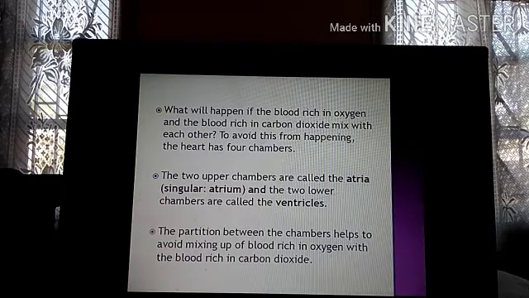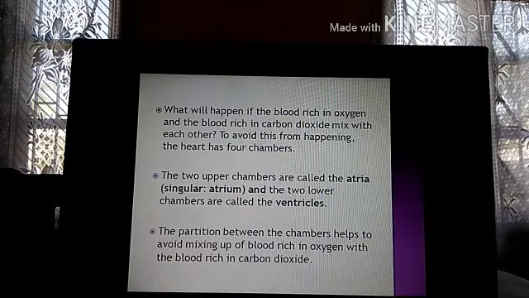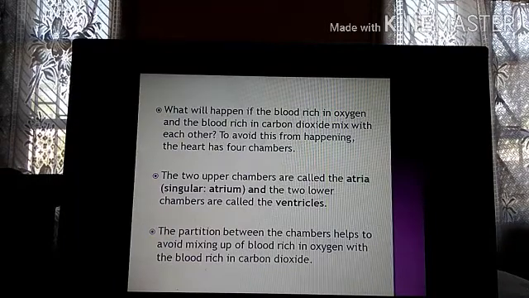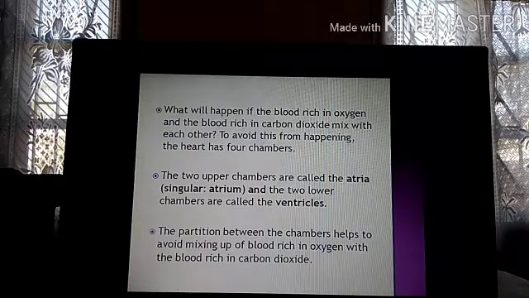Because we know that the heart contains both pure blood and impure blood, because one is going to the lungs and again it is coming back from the lungs, isn't it? So the impure blood is going to the lungs and the pure blood is coming from the lungs to the heart. So the heart contains both kinds of blood, but if both the blood mix with each other, then it will be very, very difficult for functioning of the body. That is why in order to avoid mixing of the blood, the heart has 4 chambers.